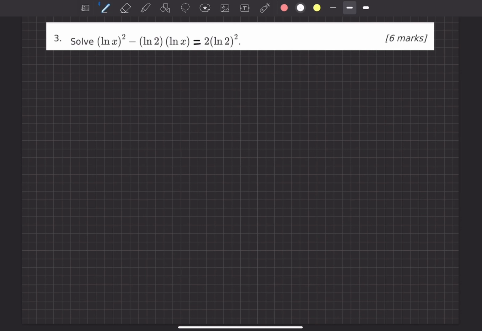So we'll finish off this video with a past paper question where we're just asked to solve this question. So first things first, we'll just move all the terms to one side. So ln of x squared minus ln of 2, ln of x, and then we bring the last term to this side,